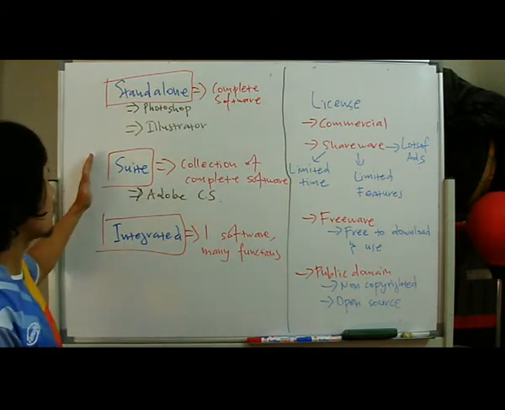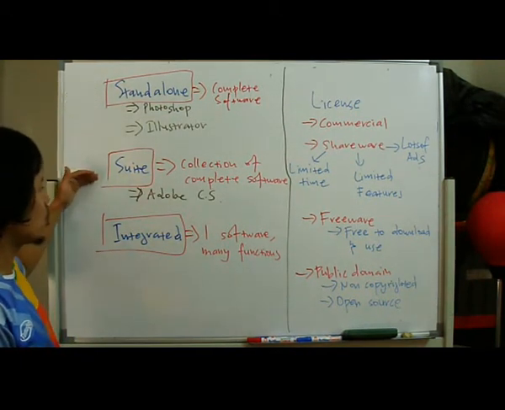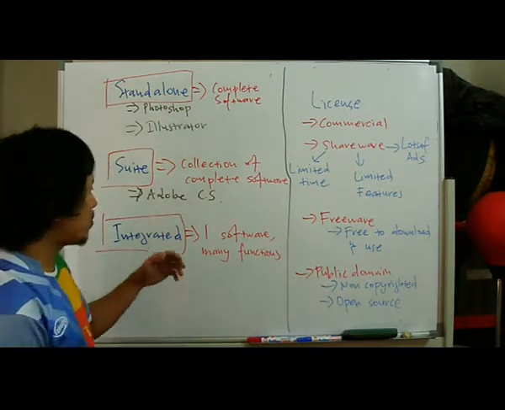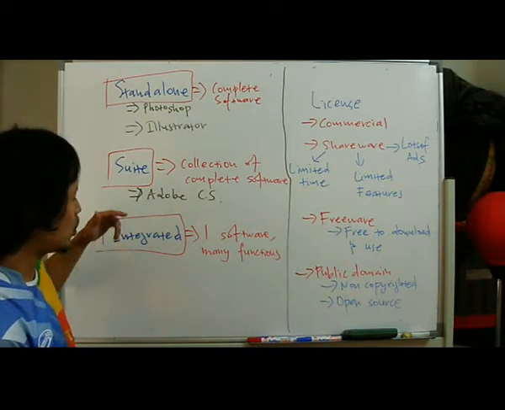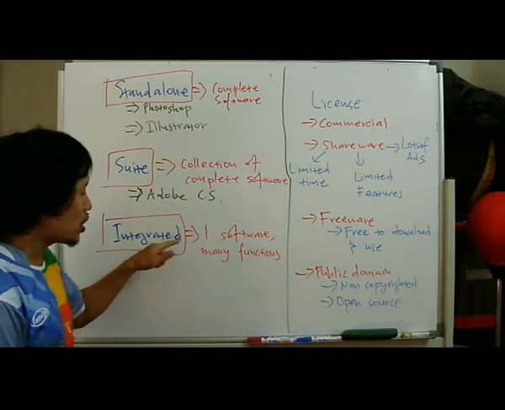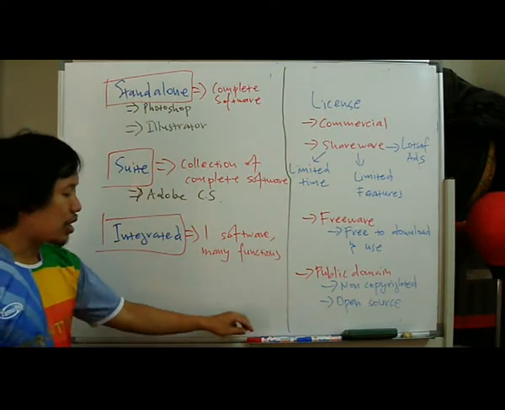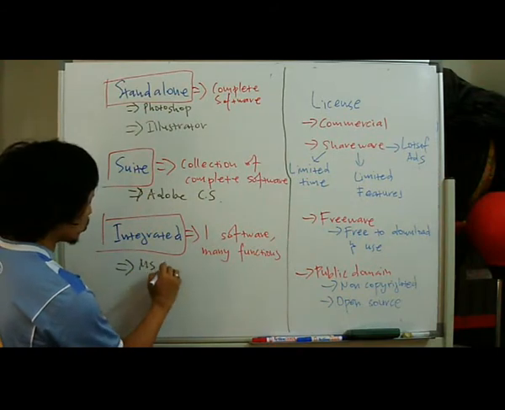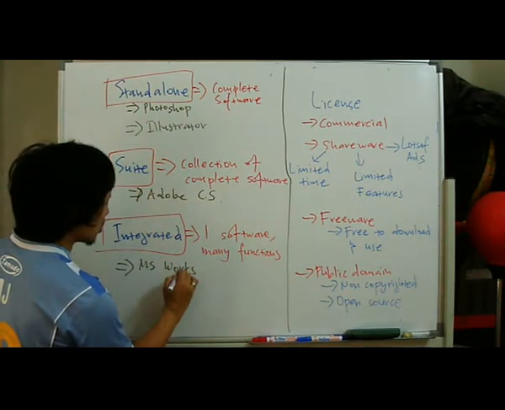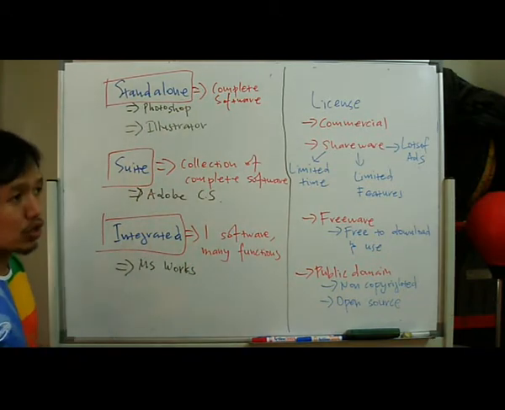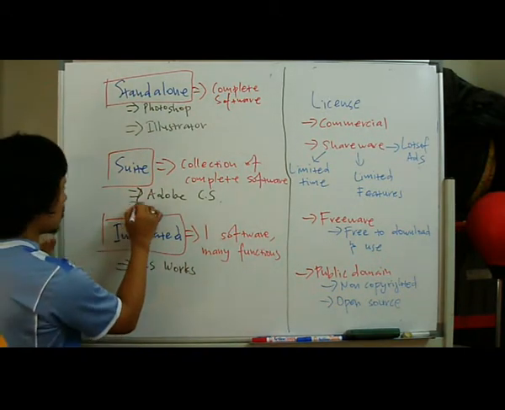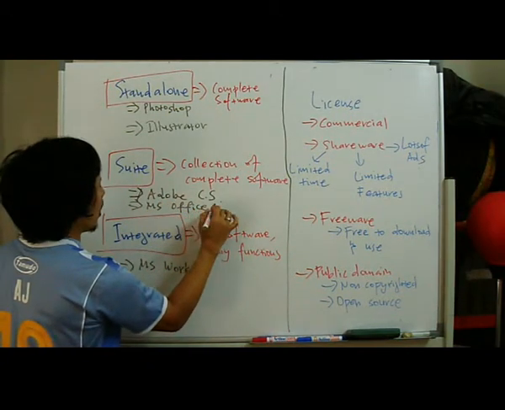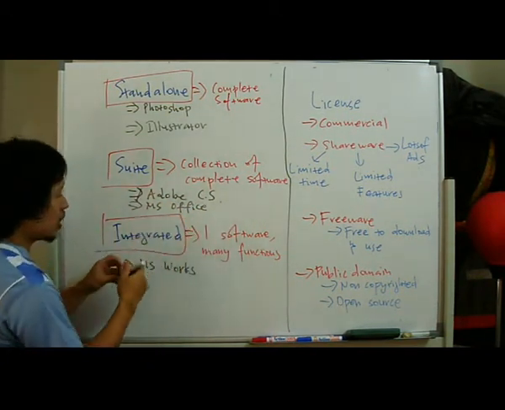If you don't have enough money for a standalone or a software suite, right? You need a lot of functionality, but you don't have enough money to buy a suite. What you can do is you can buy an integrated software. One software with many functions. An example here is Microsoft Works, MS Works. Now Microsoft Works is just like Microsoft Office Suite, right? Microsoft Office Suite is the suite, where inside MS Office Suite you have things like